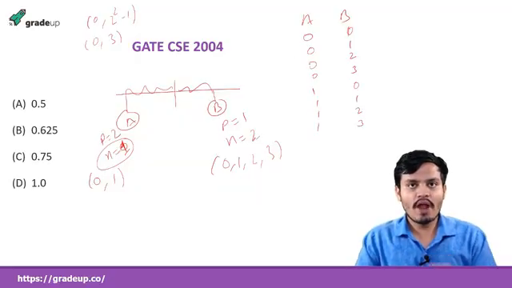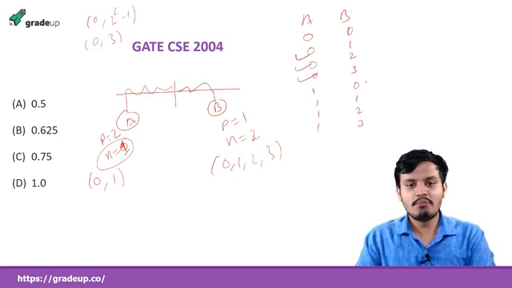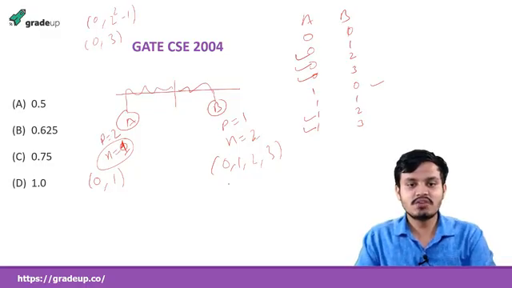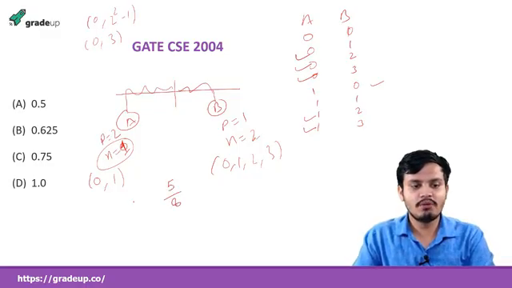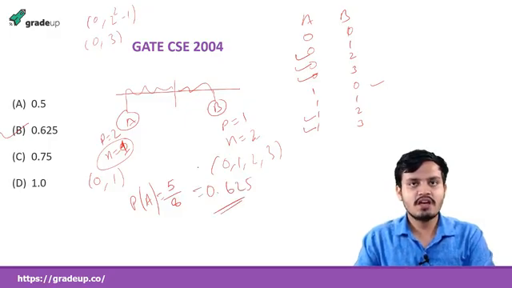Now we need to find the probability of A winning. That is what the question is asking. So here is a draw. Here A wins, A wins, A wins, and here B wins. Here who wins? B wins. And here a draw, and here again A wins and again A wins. So out of 8 outcomes, A wins 5 times. So 5 by 8 will be the probability of A winning. So if you do it, what is it among these options? It is B. So 5 by 8 is equal to 0.625. So B is the right answer.